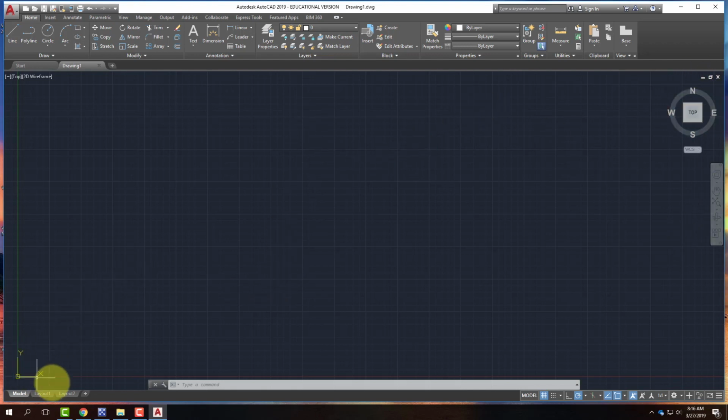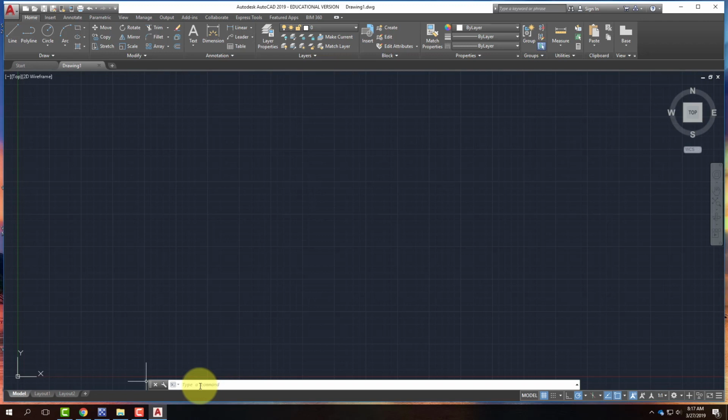Down here at the bottom of the page, we have this little white bar that goes across the bottom here. That's called the command line. And this command line is actually a way of interacting with the software that's a little bit different than the Adobe products. In this command line, we can actually type in commands rather than picking a button. And the people that are more proficient in AutoCAD, the people that are faster working in AutoCAD, they know a lot of the commands or the keyboard shortcuts to be able to move faster,